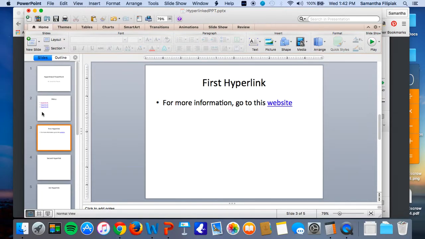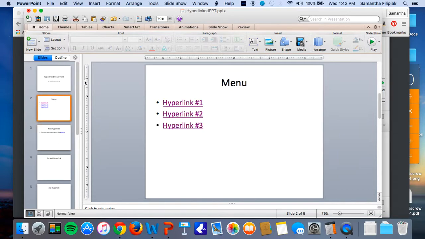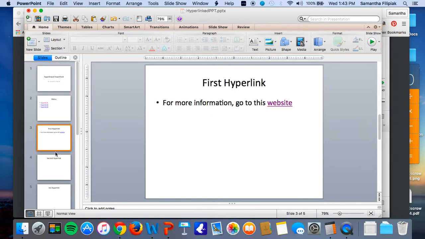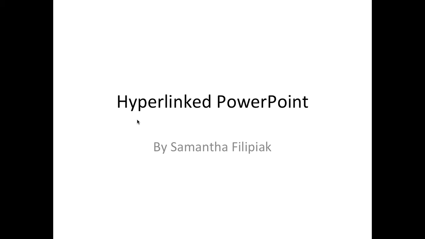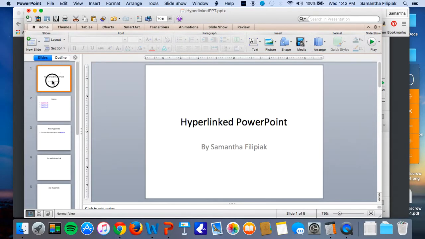Okay. Now that we have our links in our menu page, we have our links to different websites. If we're stuck in kiosk mode, we can't actually navigate through anything. So right now, if I'm in kiosk mode, I can't actually click and go to the next slide. It doesn't work. I have to create these things called action buttons. And what action buttons do, these are links that are in a little button that tell us a specific action we want the slide to do. This is perfect to use when we're in kiosk mode,